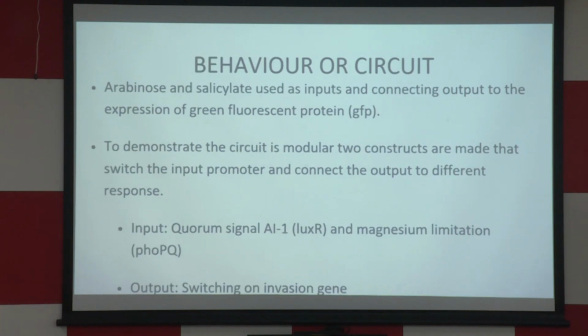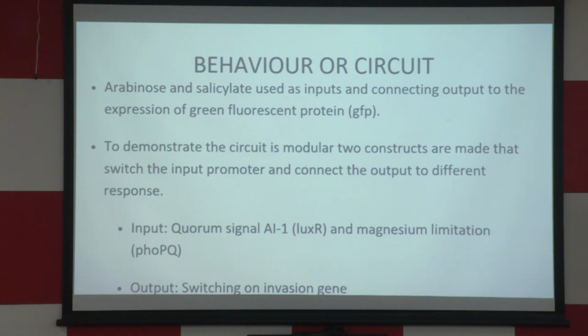Arabinose and salicylate were used as input connections. GFP, green fluorescent protein, was our main aim. The translation of this protein was our main aim. To demonstrate this behavior, that if we change our input we will get a different output,